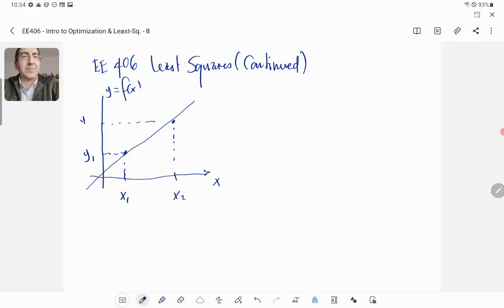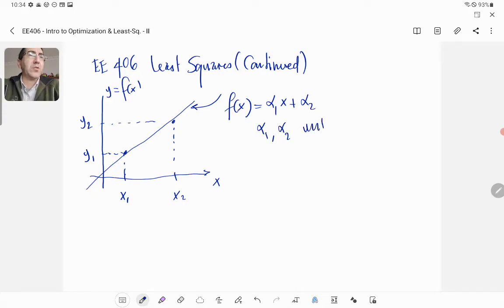Also this line, this f of x, has a parametric form, alpha 1 x plus alpha 2. Alpha 1, alpha 2 are unknowns,